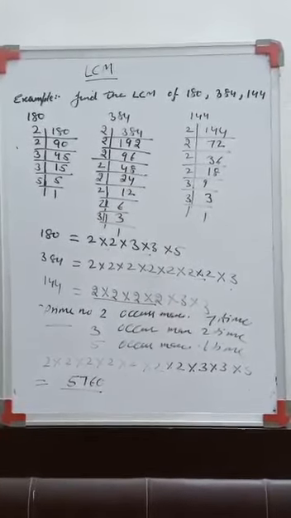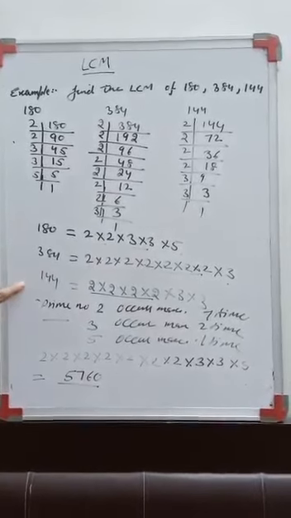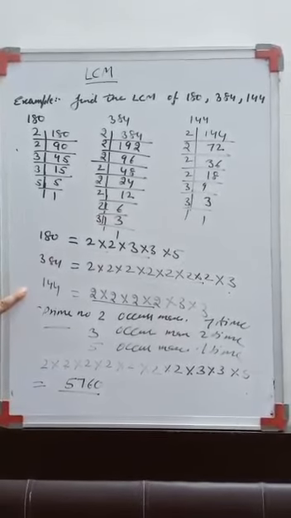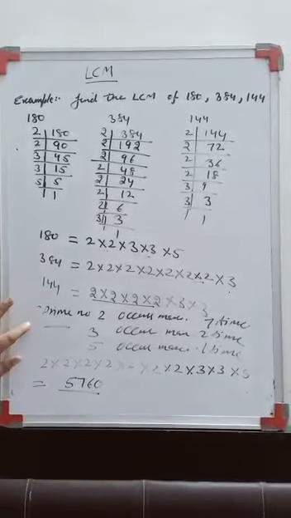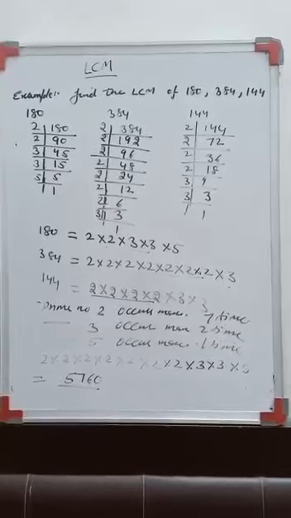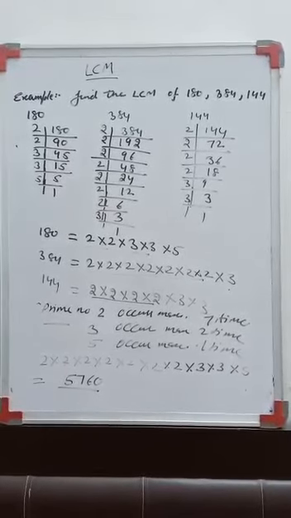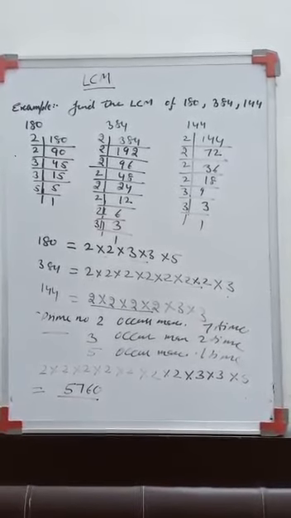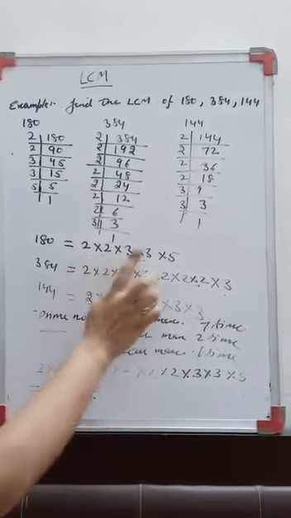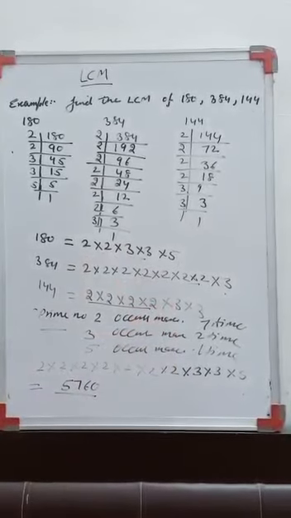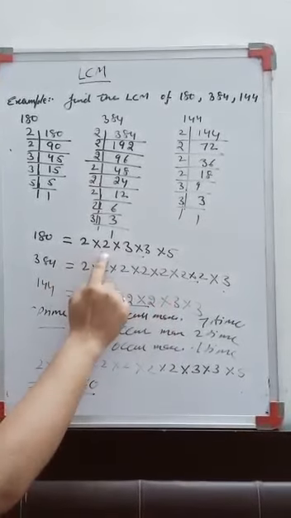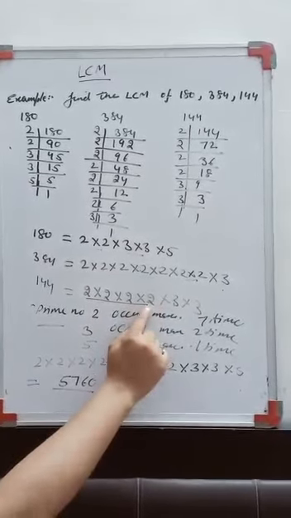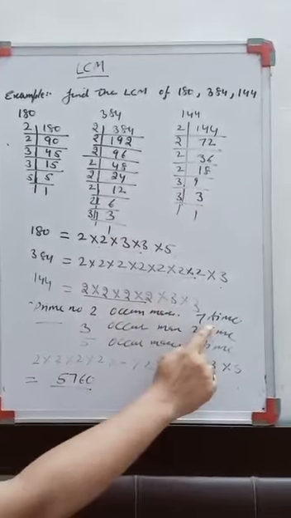So in case of LCM, what you need to do: first do the prime factorization of all the numbers, then write the prime factors, right? And then check what prime numbers are repeating in the prime factorization. Then check how many times each prime factor is repeating in a particular number, and in case of LCM you need to take the maximum times it is repeating. Here 2, 3 and 5 were the prime numbers, right? So here 2 is occurring 2 times, here it is occurring 7 times and here it is occurring 4 times. Which is maximum? Obviously 7, so we will take 7.